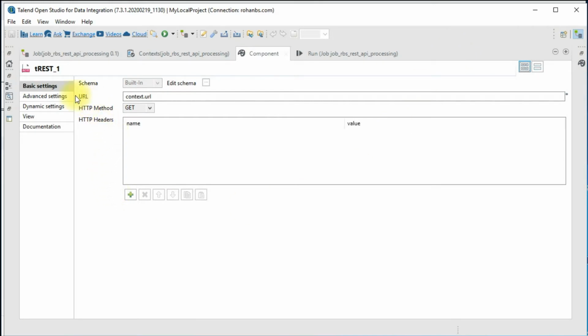So basically, this requires a URL which we have parameterized in our Talend job, and then for the HTTP method, there are four such methods available. The one that we have configured is the GET. So GET is basically you pass certain input parameter and then you get the output response from the REST request, and then you make use of it in your Talend job.